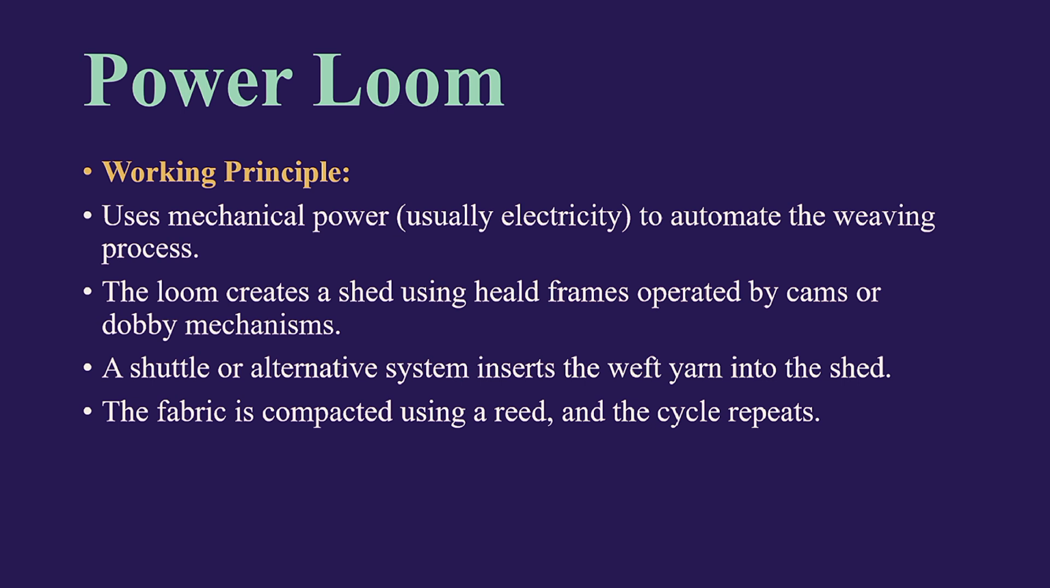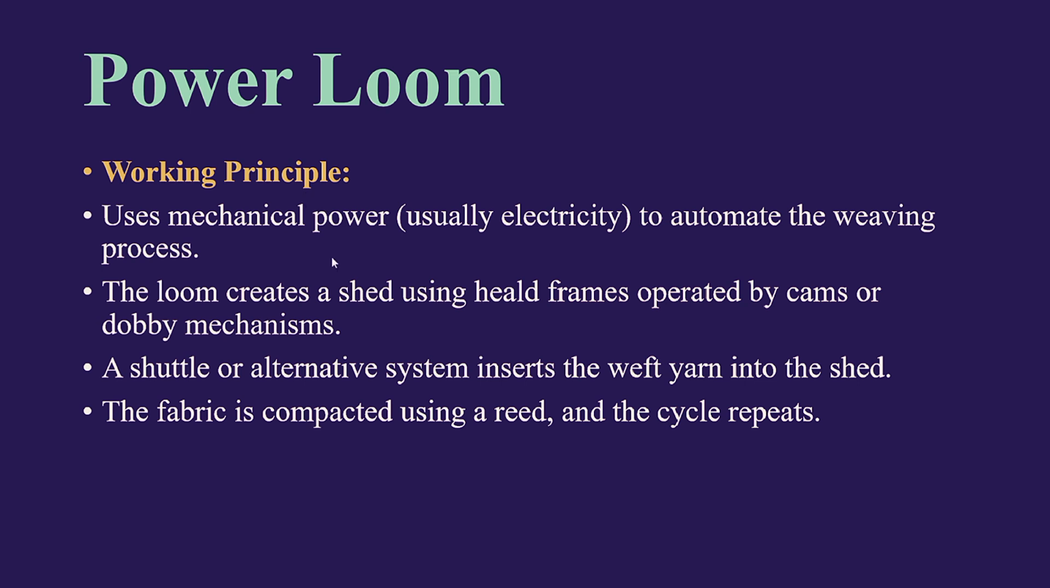Working principle of the power loom: it uses mechanical power, usually electricity, to automate the weaving process. The loom creates a shed using a heddle frame operated by cams or a dobby mechanism. A shuttle or alternative system inserts the weft yarn into the shed. Weft yarn is widthwise yarn. Fabric is compacted using a reed and the cycle repeats. So it is a mechanical